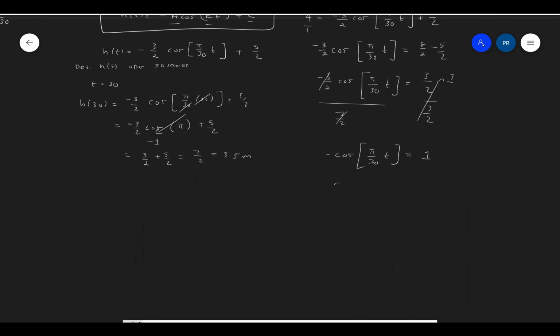So as a result, cosine pi over 30 t is equal to negative 1. And if you do the cosine inverse, pi over 30 t is equal to pi. t is equal to pi times 30 over pi, because you're dividing by pi over 30. And you get t is equal to 30 seconds,